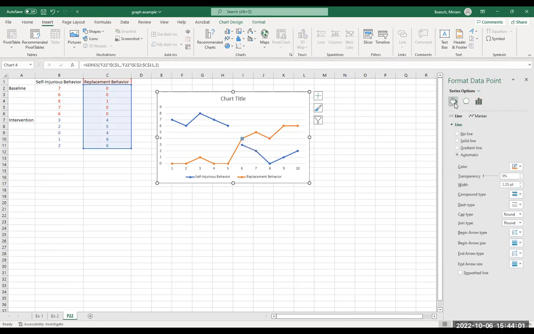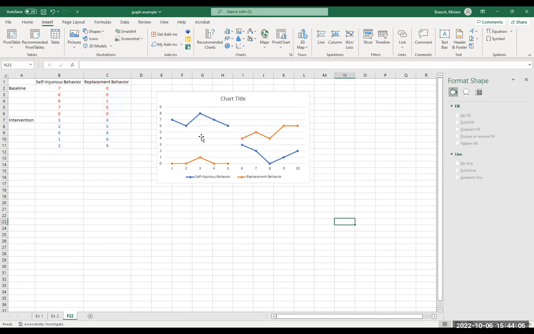Go back to the pill, click no line, and now we have separated the baseline phase from the intervention phase. Okay, and now you can go in and draw a line if you want. Sometimes what I like to do is hold off even a little bit longer to draw that phase change line